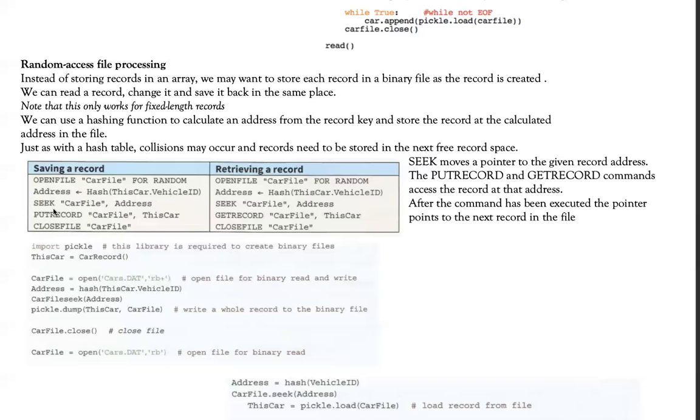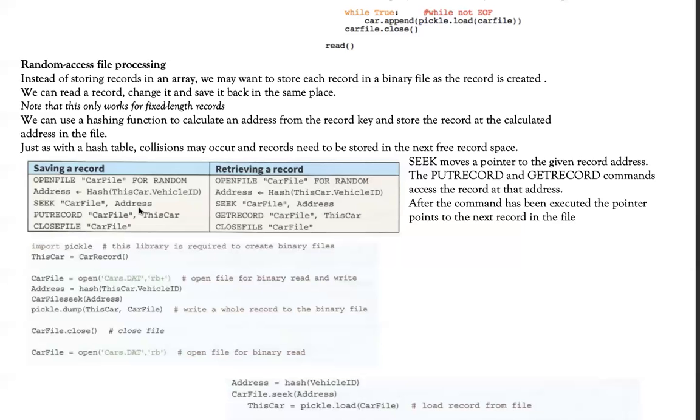Then I will use the seek command to access this car file and locate this position. Now, this is where fixed length records come into great importance. Say, for example, I was to access the fifth index position. Seeking towards the fifth index position means that I have to skip 4 index positions before that. If I have fixed length records, I will know exactly where the first record ended, where the second ended, where the third ended, where the fourth ended. Now, when the fourth ended, the next record is the fifth one where I'm supposed to be.